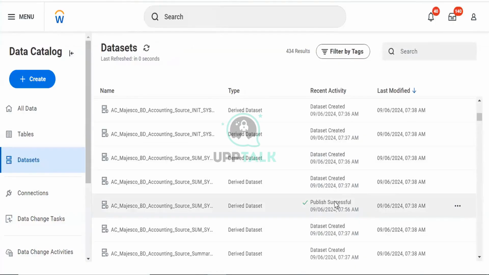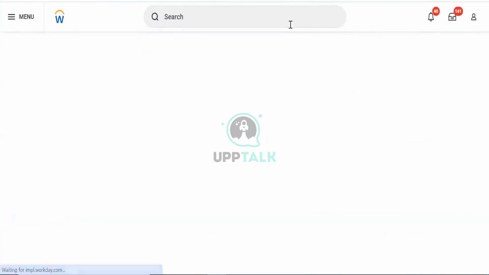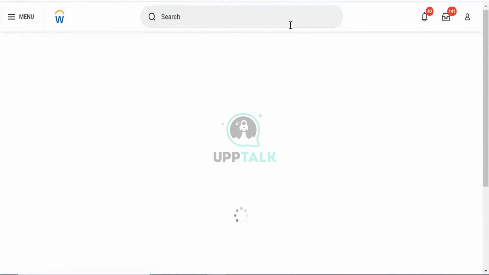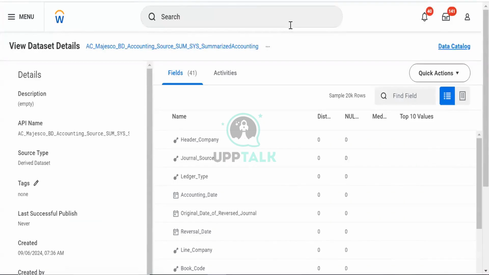You can see here that it published successfully. What does this mean, published successfully? When the derived data set is published, it means that it is available as a Prism data source in the Workday. You remember we discussed that we create a custom data source in the Workday. This data source acts as